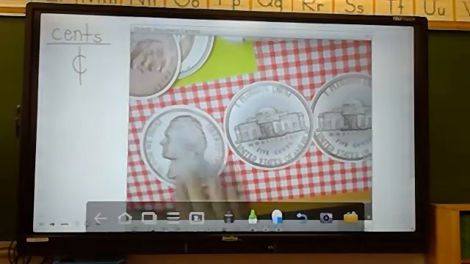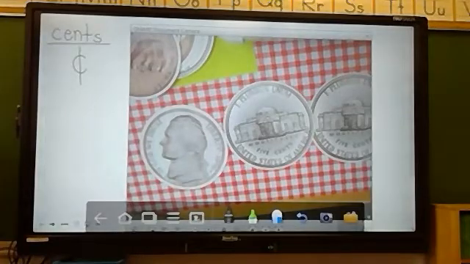And nickels are worth how much again? You're right, nickels are worth 5 cents. So should I count nickels by ones, or should I count them by fives? Yes, you're right, I should count them by fives. Here we go. 5, 10,